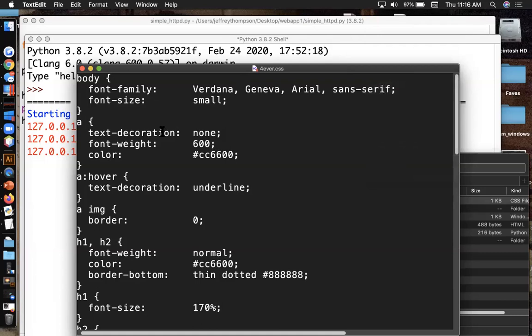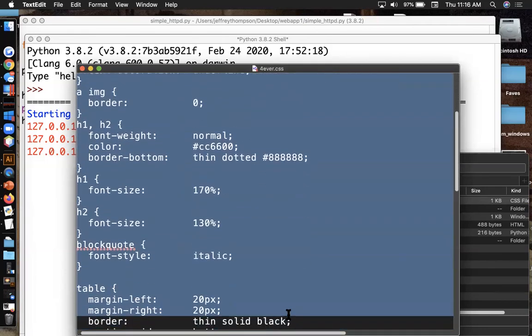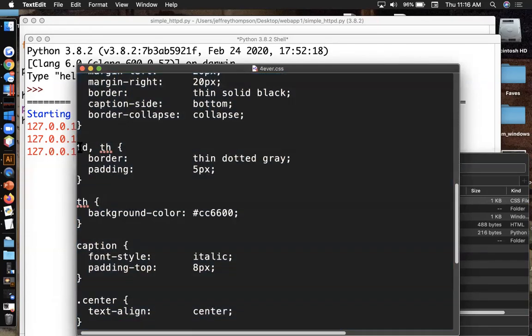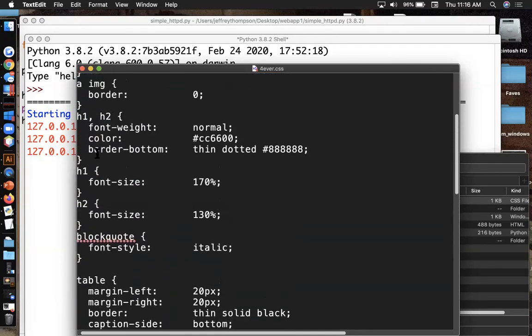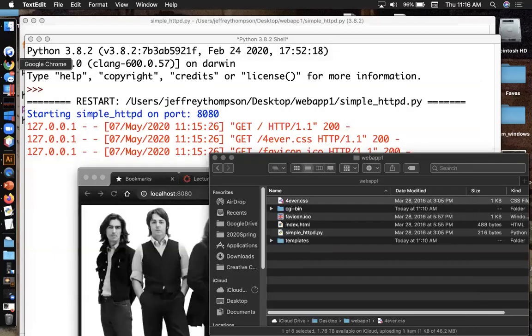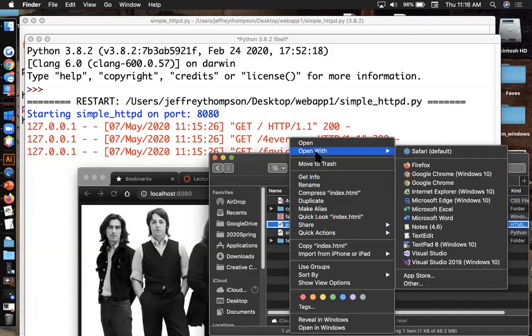Yes, good. All right. So we can see that it's got some style information. Without this style information, the Beatles webpage would not look nearly as pretty, right? It's got declarators for how headers should look and captions should look and what a table should look like and so on. And so if index.html did not have a reference to this, it would not look nearly as nice. So if I go in and look at index.html and right click on it and open it